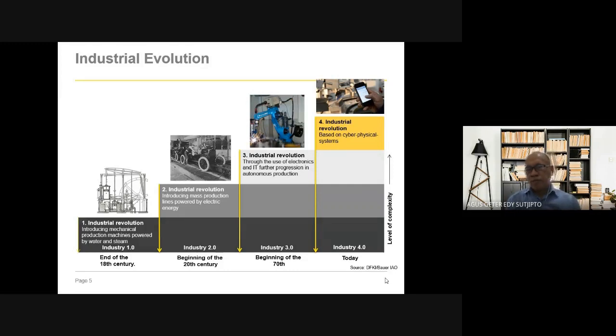All of this started especially in this 21st century, so we can call it Industry 4.0, or Industrial Revolution 4.0, started.